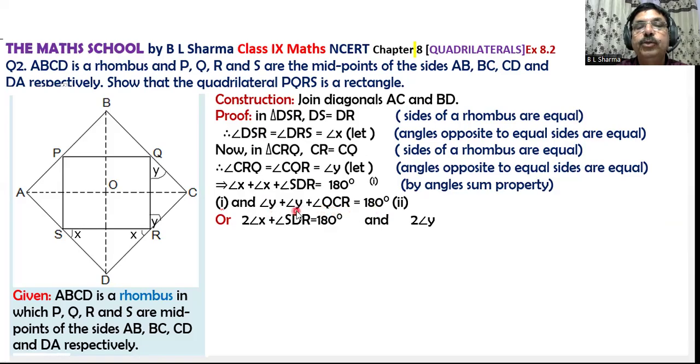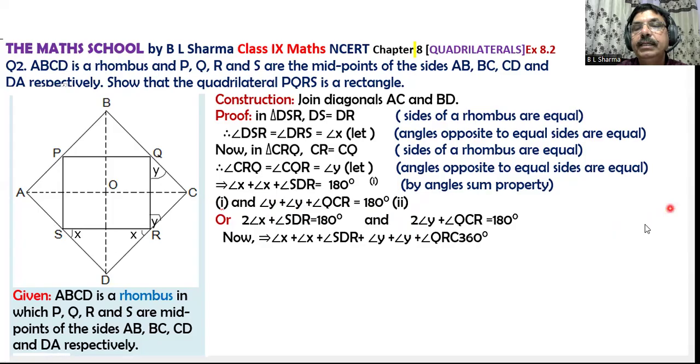So y plus angle QCR, that is 180 degrees. अब इन दोनों को ऐड करिए, this and this. x plus SDR plus y plus QRC, 180 plus 180, that is 360 degrees. देखिए,